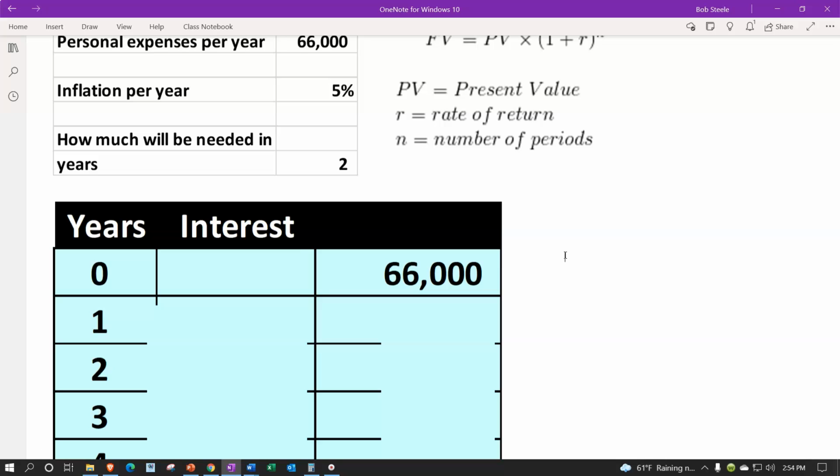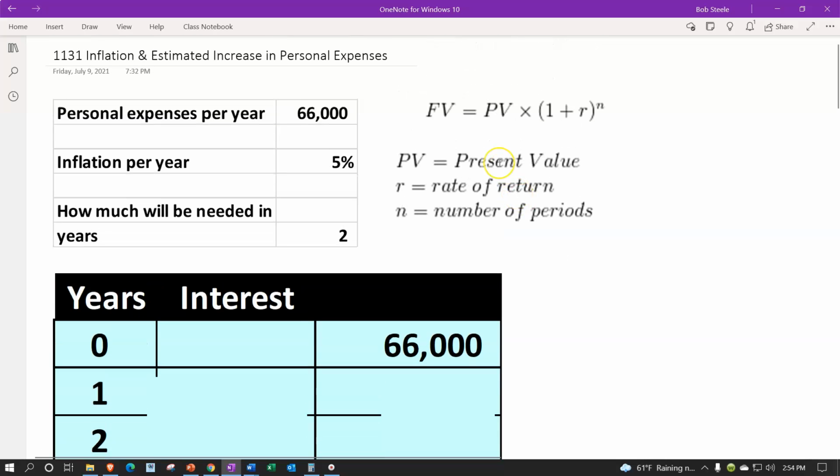In other words, if we have an investment, which we've seen in prior presentations, we would typically say this is our starting point that we have in our stocks or our bonds or our savings account, and we're trying to see the rate of increase that will happen. We would then use a future value calculation to see how much we would have then after a set time period, for example, this time period being 2 years. Now, this is going to be a similar type of calculation, but we're basically taking into consideration the expenses and how much we're going to need to cover those expenses given the fact that the purchasing power has gone down